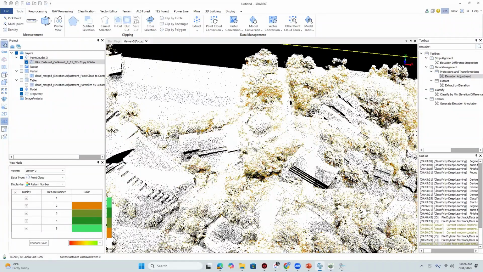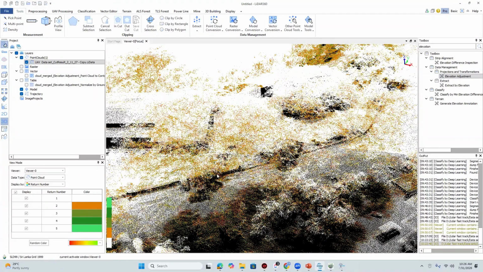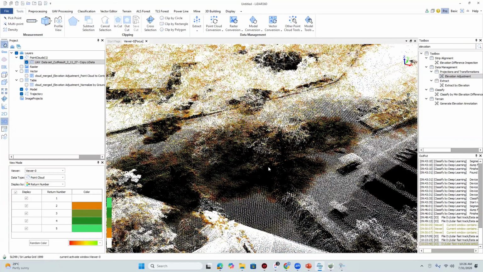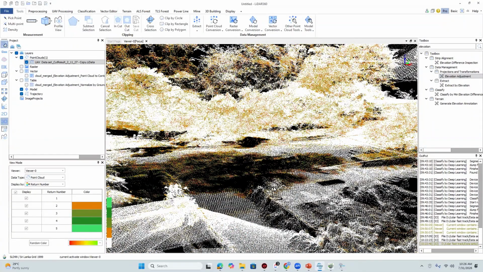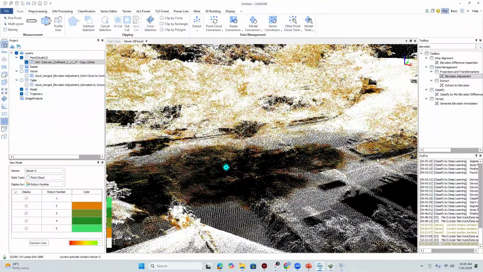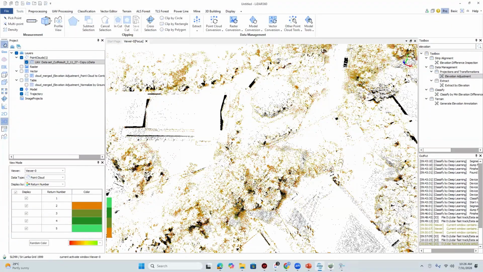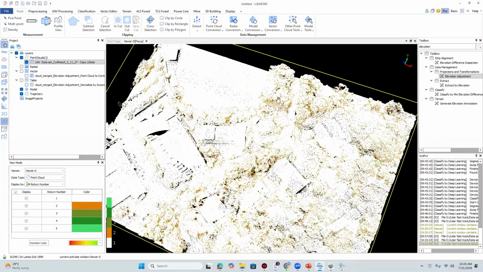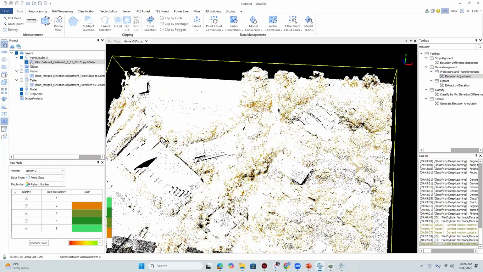It's very important for us because if we want to get the points of the very canopy area, we can get the fifth and fourth returns from the ground. So it's very useful when we are creating terrain models from canopy areas also. Okay,